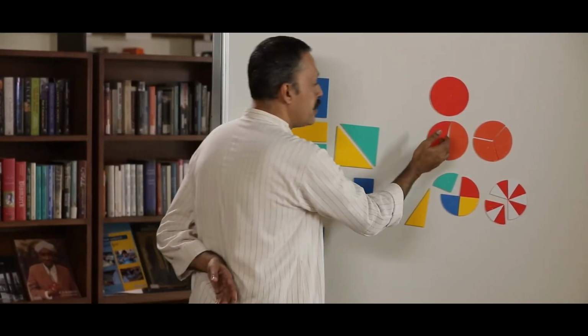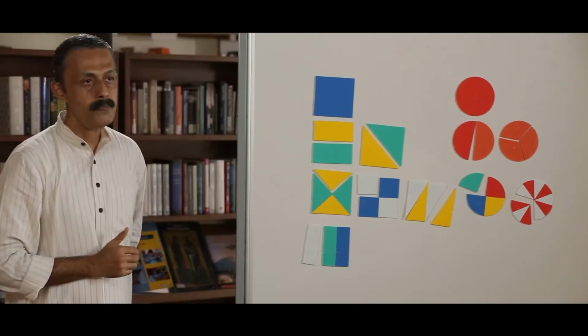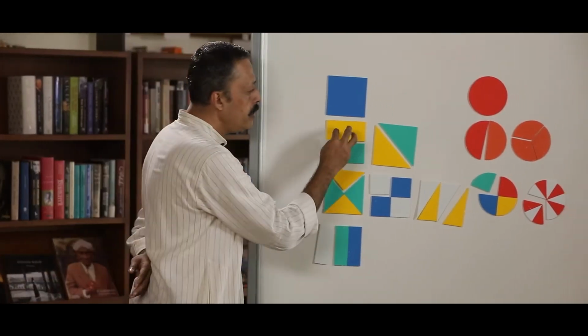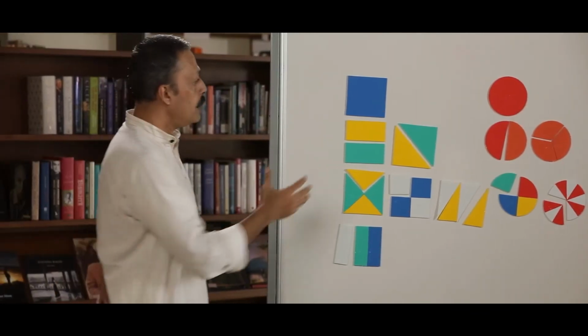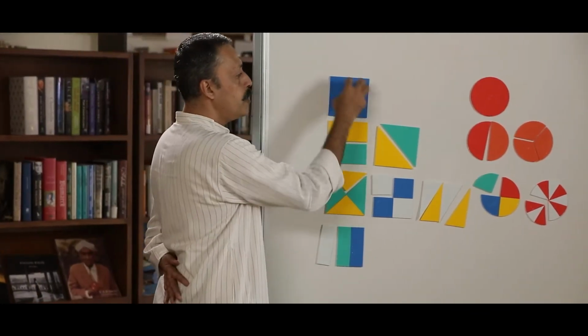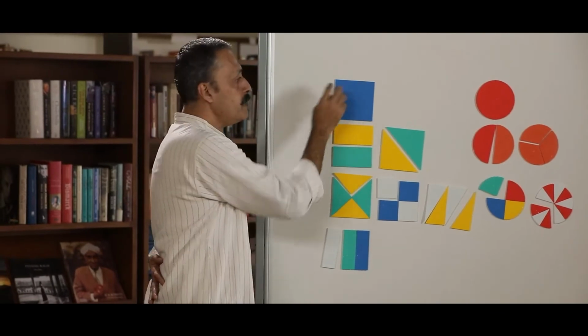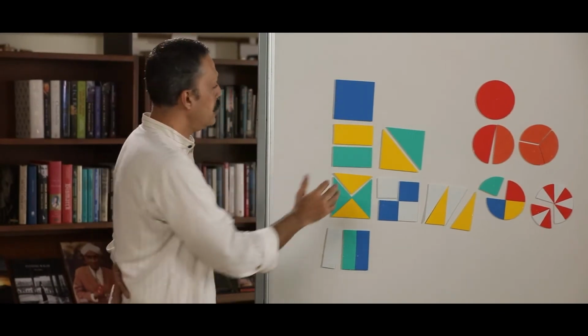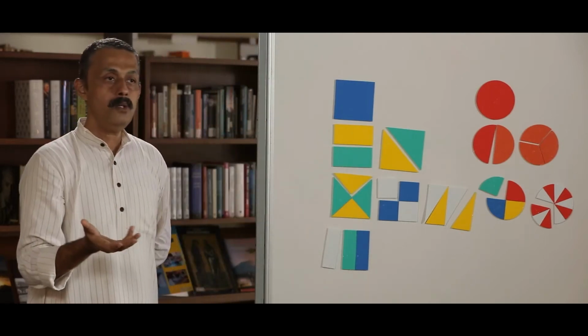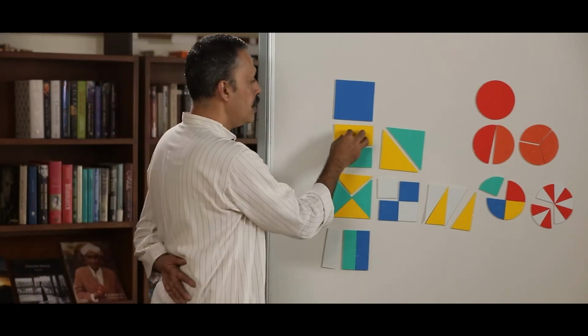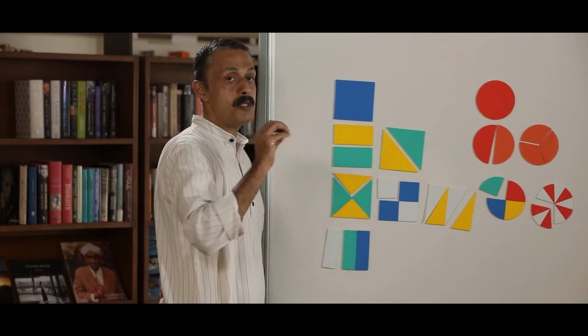Is this half equal to this? We had asked this earlier as well. Is this half equal to this half? What answer did we get? Yes, we had this full object which was split into two halves. We placed these here and rechecked and concluded that, hence, this half is equal to this half.